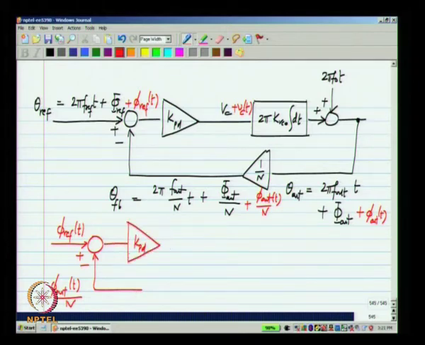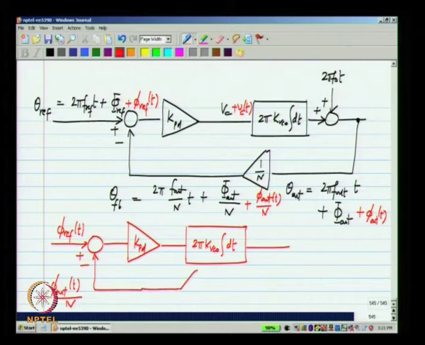I have KPD and this integrator which represents the VCO in the incremental sense. So, this part 2 pi f naught t which is fixed will go away, and these things remain as they are. Okay. In fact, you see that in this model everything is linear. Okay. So, the blocks will remain as they are, the only part that goes away is this fixed ramp 2 pi f naught t. Okay.